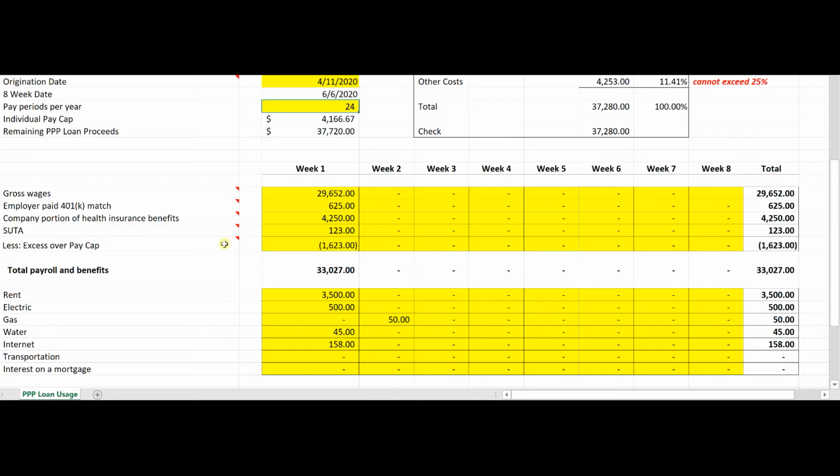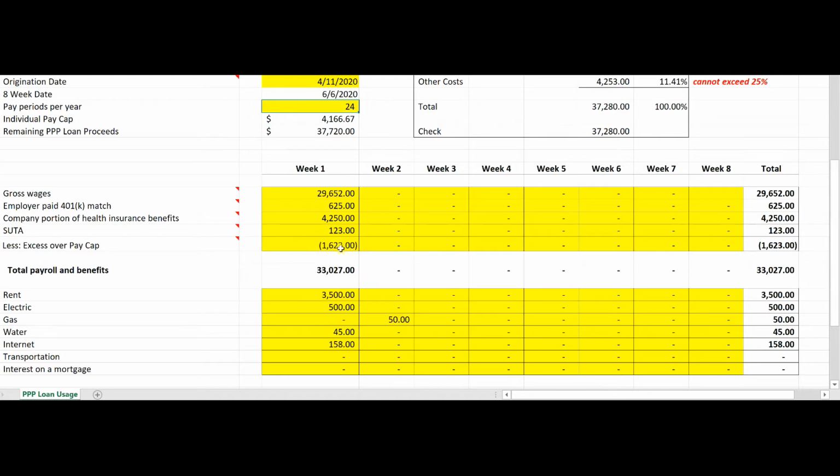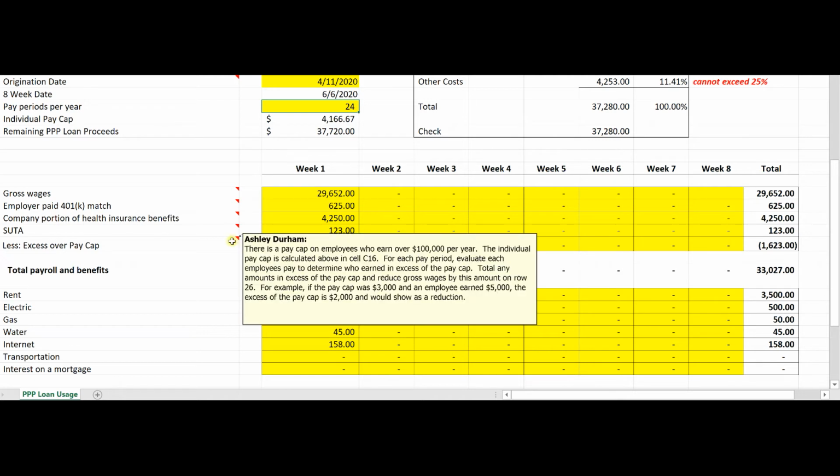This is where it gets kind of tricky. I've put a little explainer here, but this only qualifies if you have employees who earn over $100,000 per year. If you don't have any employees that earn over $100,000 a year, feel free to leave this blank. To most of you, this won't apply. But if it does, read this little instruction box, and if you have any additional questions, please feel free to